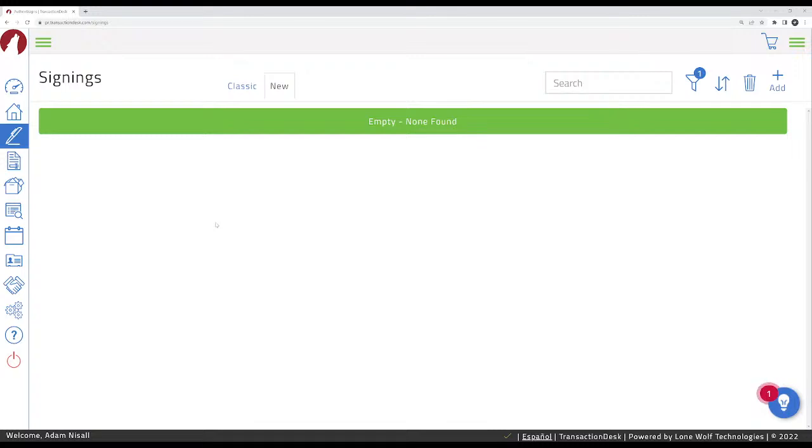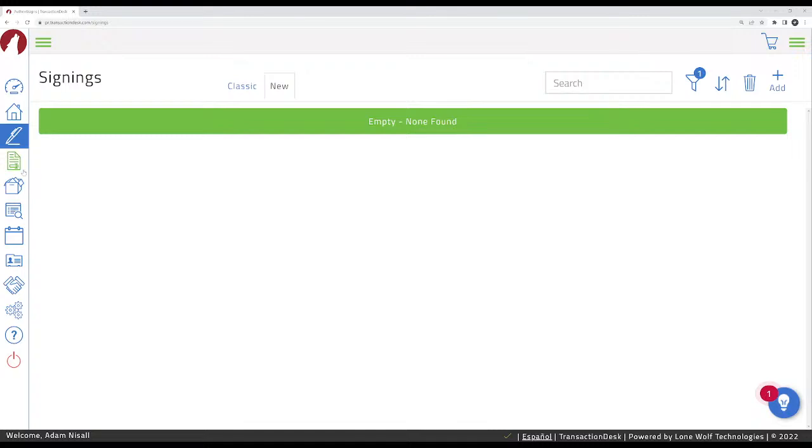So in today's class, we're going to be talking about Transaction Desk, using Transaction Desk and Authentisign to e-sign, draft documents, and send them to your clients, and just how to use some of the basic features of this program. So without further ado, let's go ahead and begin, and we'll start talking about how to use Authentisign here and the best way to use it for your clients. Just gonna make sure my audio is okay here so you can hear me, and we'll go from here. Okay, so